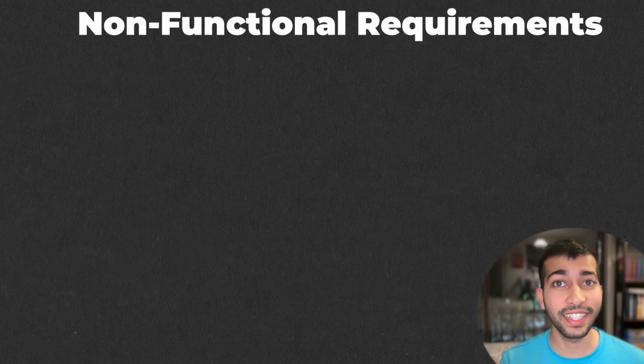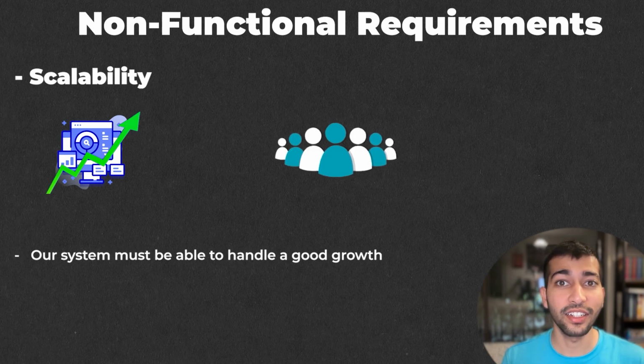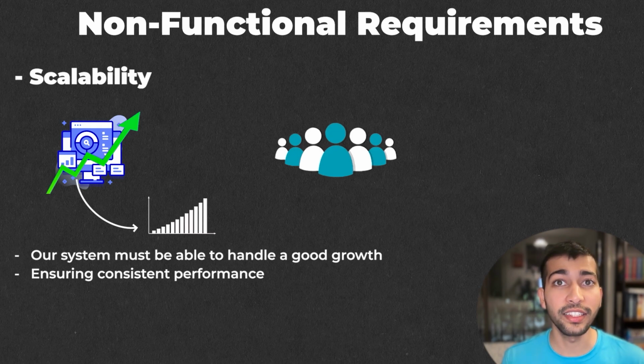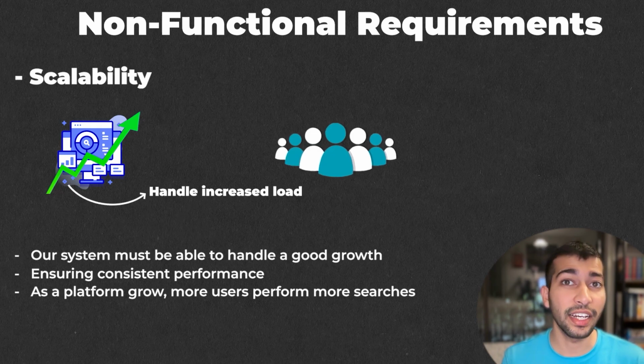The third one is scalability. Our system must be able to handle good growth. As the user base of the platform expands, the search system should be able to scale seamlessly, ensuring consistent performance. As our platform grows, more users perform more searches, often simultaneously, that is, at the same time. A well-designed search system should scale with the platform, ensuring that it can handle increased load without any degradation in